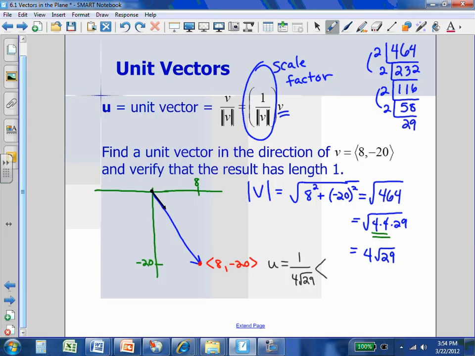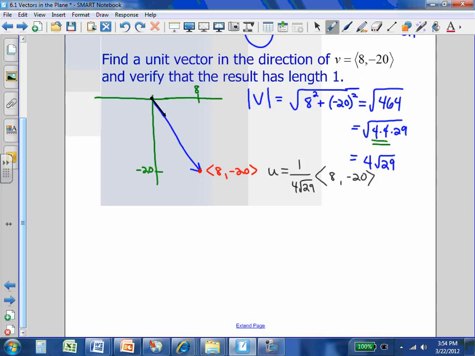And the vector v is 8, negative 20. So all I need to do is kind of distribute this in. So u is going to be 8 over 4 root 29, and negative 20 over 4 root 29. And I can reduce these just a little bit. 8 over 4 is simply 2. So I have 2 over the square root of 29, my horizontal component, and then my vertical component, I've got negative 20 divided by 4, so that's negative 5